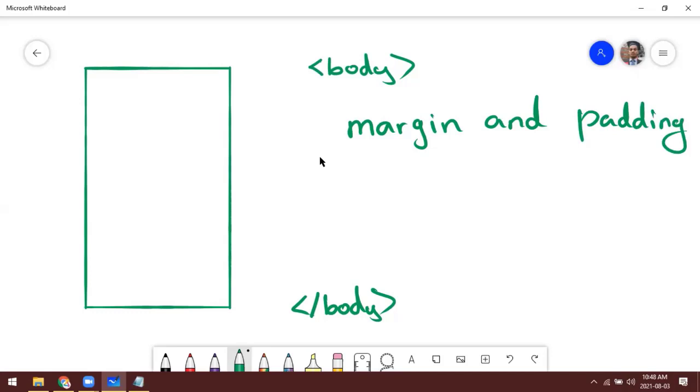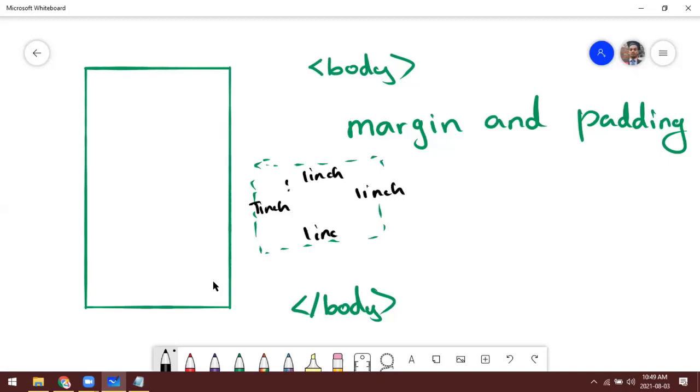Right, so if you open up an MS Word file, this is the area, but we will make some margin. Let's say sometimes when we make a document, we leave a 1 inch margin in all 4 directions.